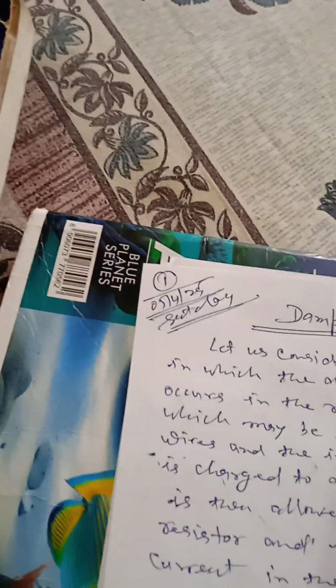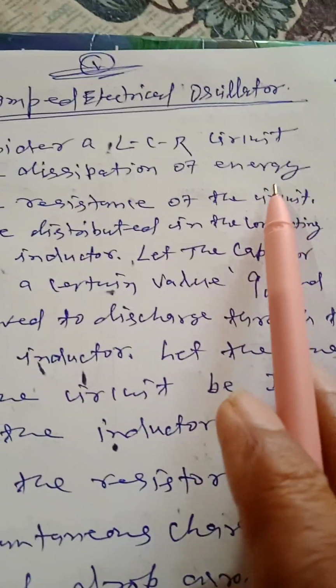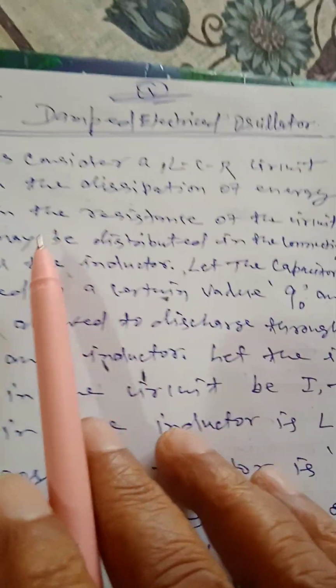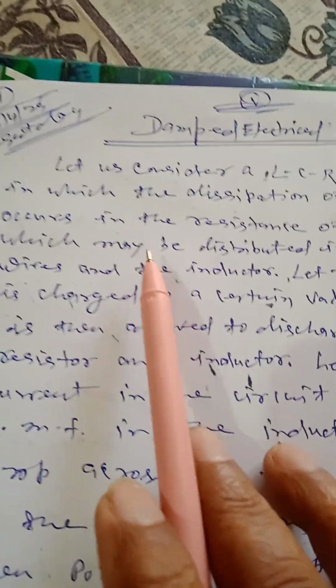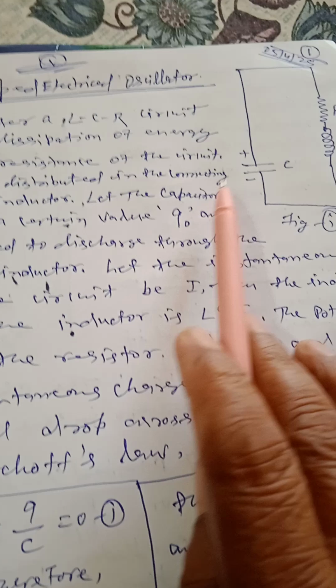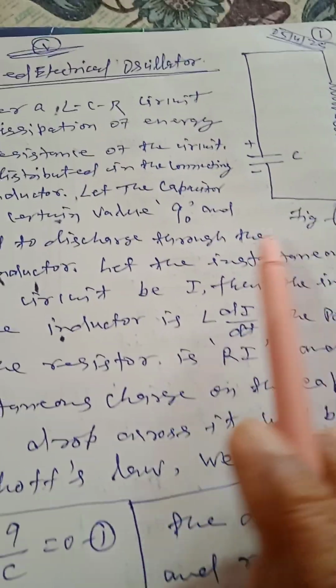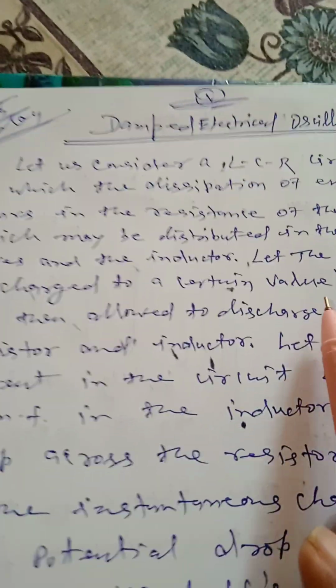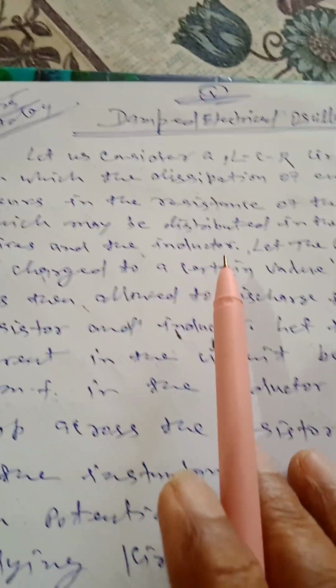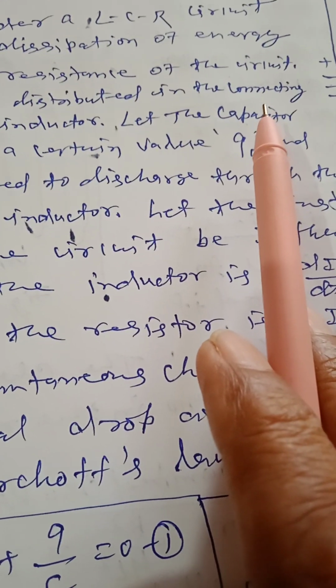capacitor C is in an LCR circuit in which the dissipation of energy occurs across the resistance of the circuit. Here we are looking at the figure first, which may be dissipated in the connecting